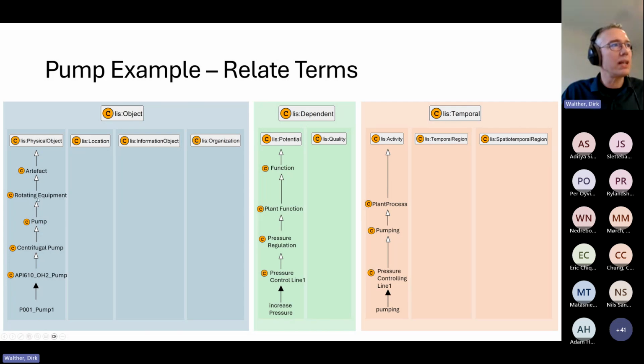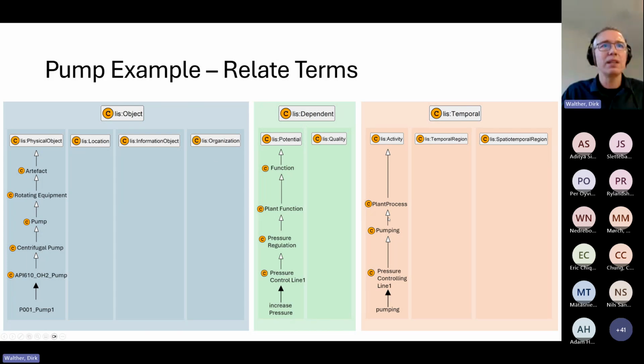The rotating equipment class is a subclass of artifact. Pump is a subclass of rotating equipment. Centrifugal pump is a subclass of pump. This API 610 OH2 pump is a subclass of centrifugal pump, and this particular pump down here is a member. So this is an individual, and that individual is a member of this API type of pump.